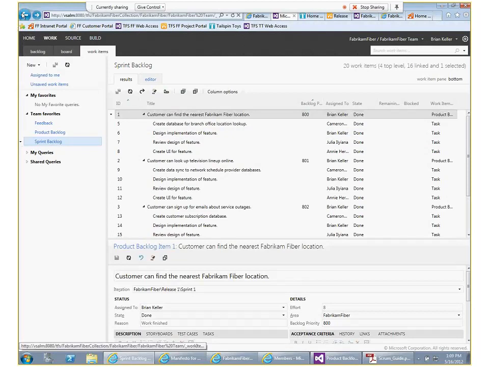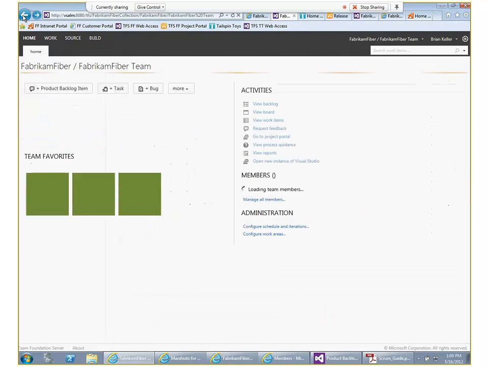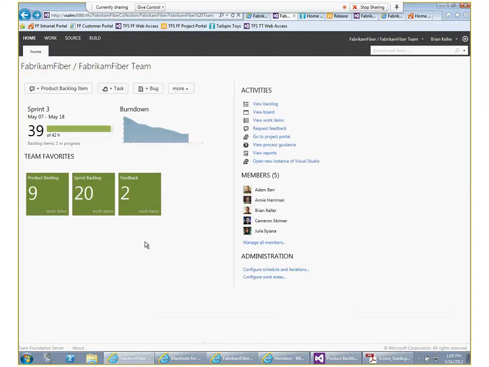So now you have an idea of the two basic artifacts. I'll come back to them in just a bit and talk a little bit more about how you can customize this. At this point, though, let's go back and talk about those events that we were referring to. The first event is the release planning. When you go through release planning, you're going to use the product backlog,